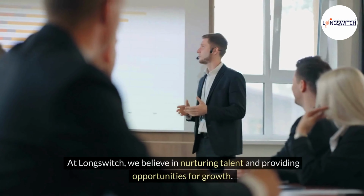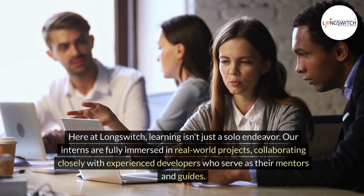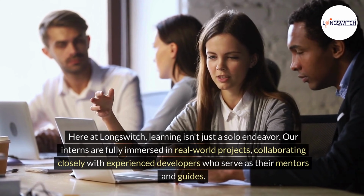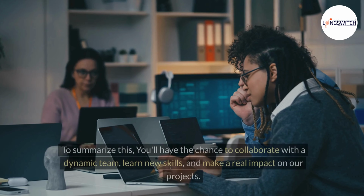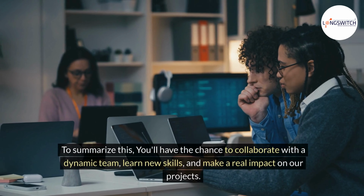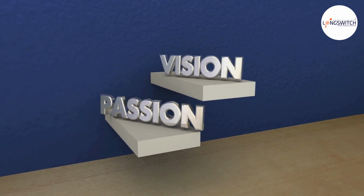At Longswitch, we believe in nurturing talent and providing opportunities for growth. Here at Longswitch, learning isn't just a solo endeavor. Our interns are fully immersed in real-world projects, collaborating closely with experienced developers who serve as their mentors and guides. To summarize this, you'll have the chance to collaborate with a dynamic team, learn new skills, and make a real impact on our projects. If you have a passion for technology and a desire to grow professionally, we want to